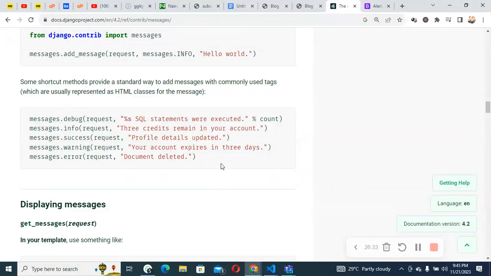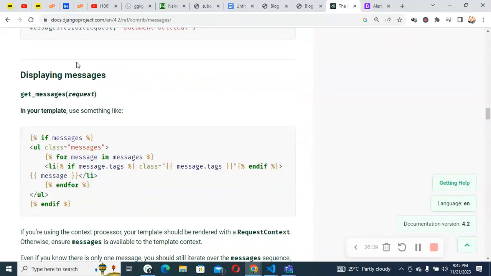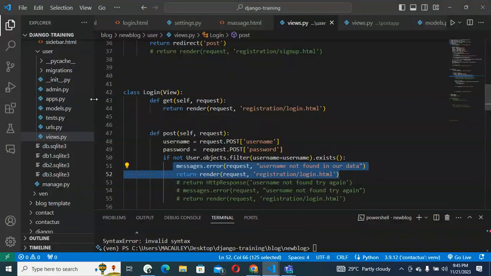So this is the step we've done. The second step is to display the message on the view. This is where we work on the view, how we can be able to display the message. Probably before now, if we want to send messages, we need to use HTTP request. So we quickly go to our view, and in our view,